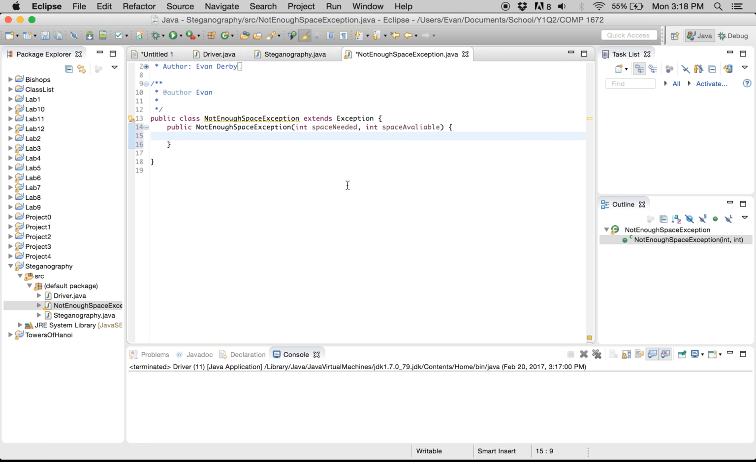And so what I'm going to do is call the super constructor, which is the exception constructor, and as I just said, the parameter for the constructor of an exception is always a string, which is the message for the exception. So I'm just going to write my message in here using the two integers that I've been given, and that will be the message for our not enough space exception. So we're going to write